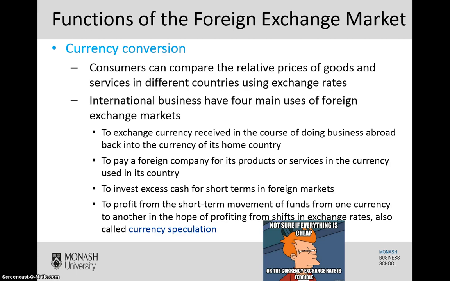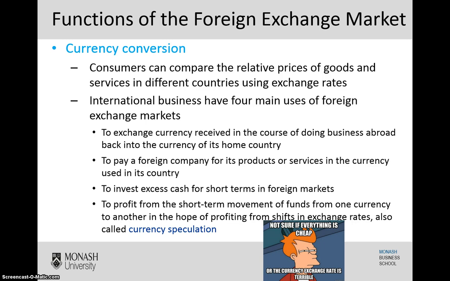Firms also look to profit from the short-term movement of funds from one currency in the hope of profiting from shifts in exchange rates, and this is known as currency speculation. So just as firms will look to invest their profits into foreign money markets which have greater rates of interest and therefore provide greater returns, firms also seek to convert their currency into those currencies overseas which they predict in the future will appreciate in value,